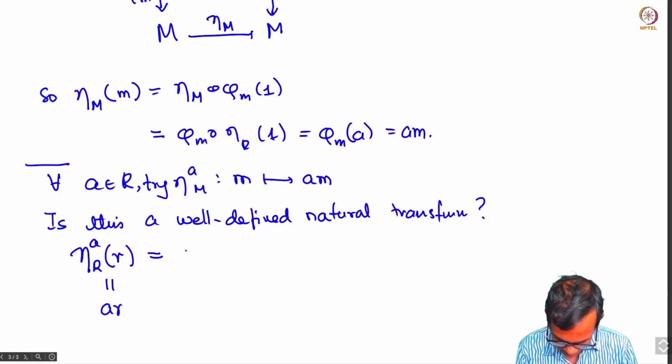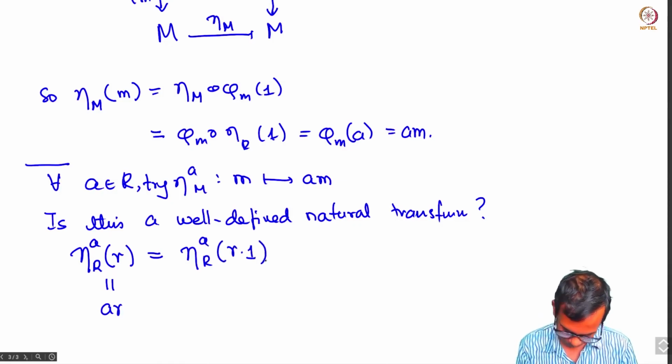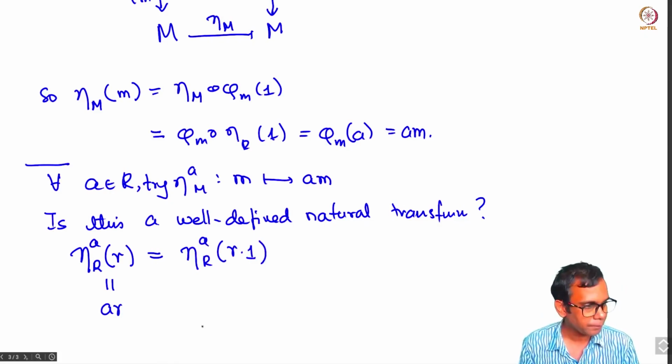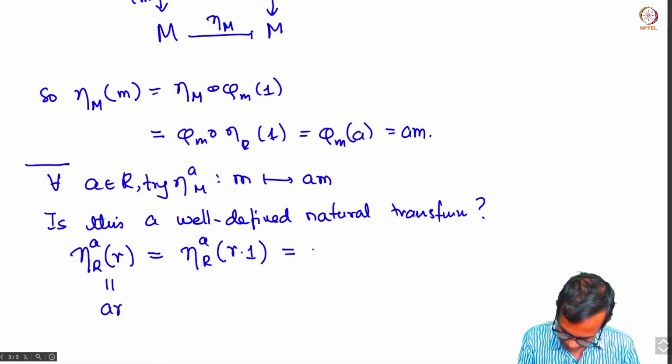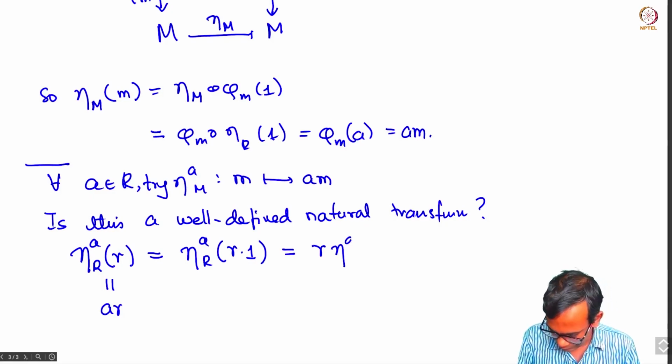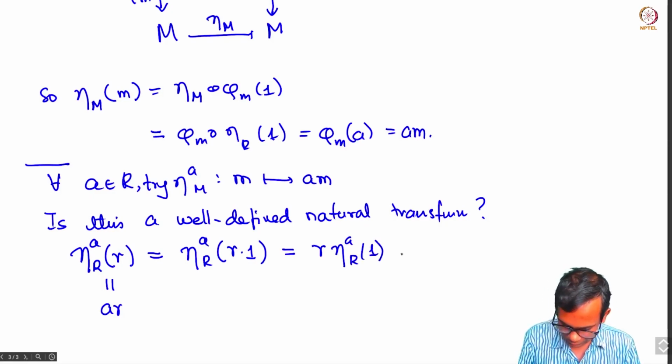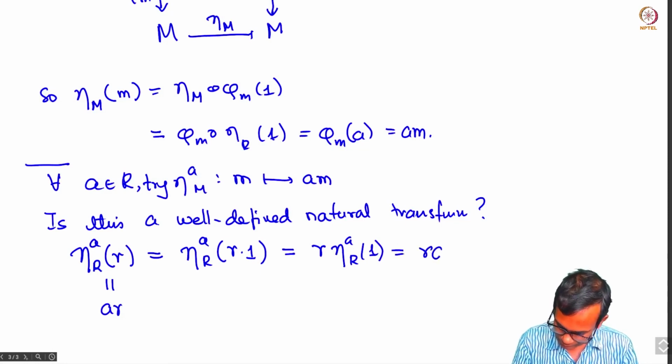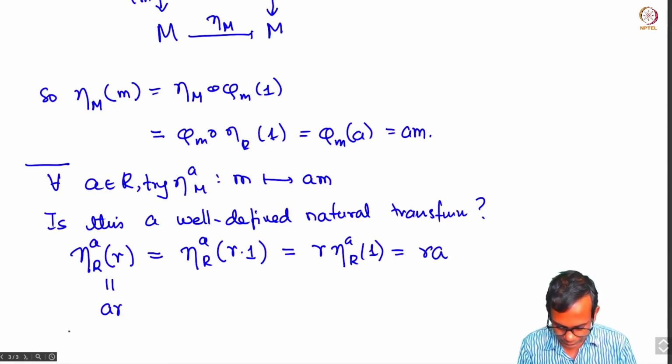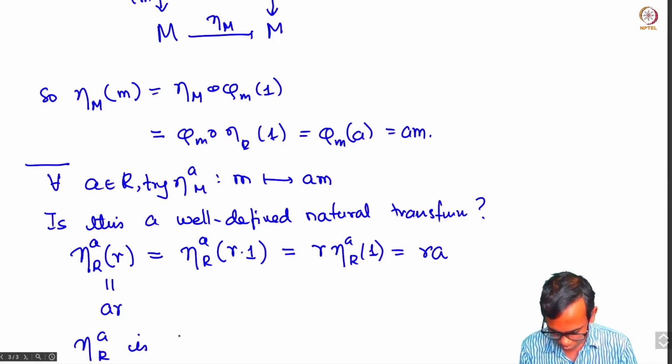So this should be eta_R of a r, I can write this as r times 1. But by definition, because it's an R module homomorphism, this is r times eta_R of 1, but that is r times a. So eta^a_R is an R module homomorphism